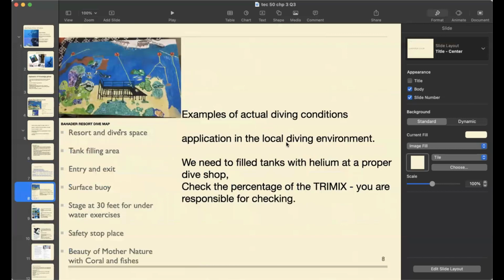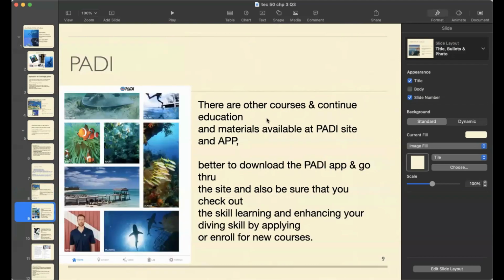Tomorrow we'll be doing the dive with the help of Trimix. I need to check the tanks filled with helium properly before we leave the dive shop. Check the percentage of Trimix, and then it's your responsibility to check the Trimix. The PADI material that is